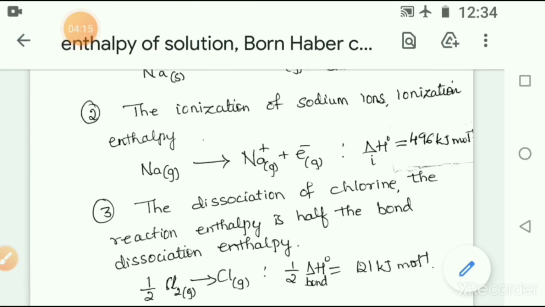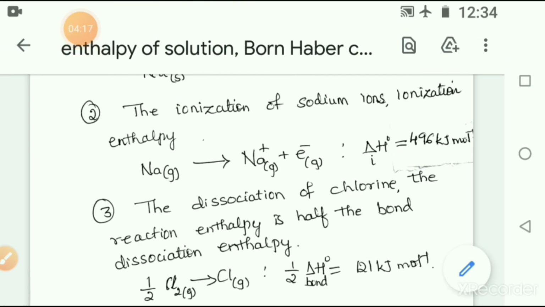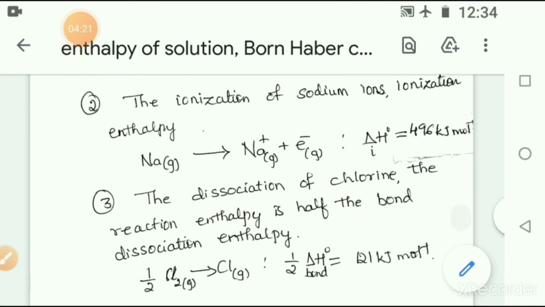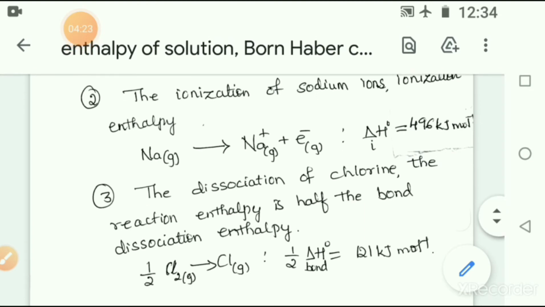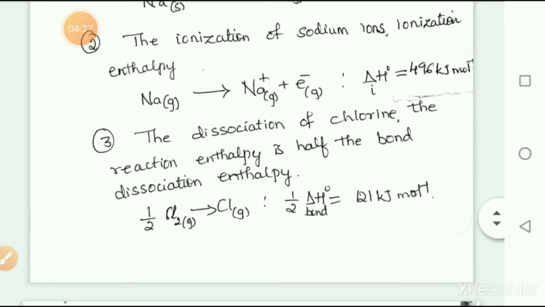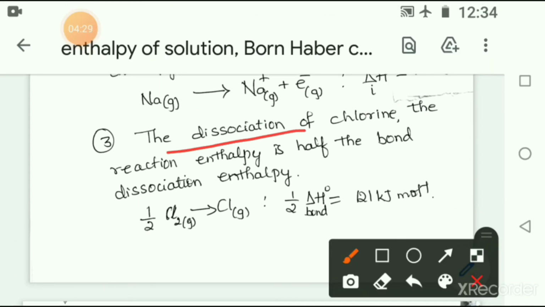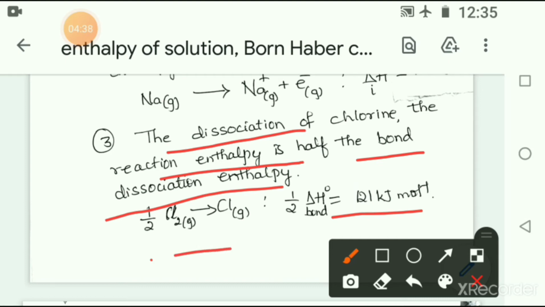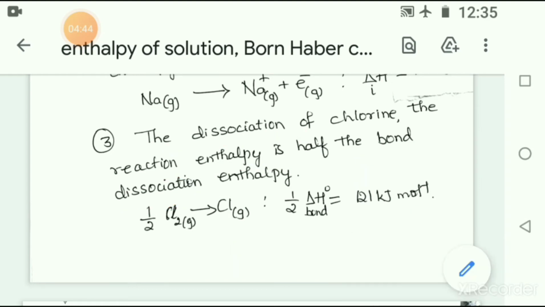It loses an electron and we get sodium ion. That is ionization of sodium, and ionization enthalpy is 496 kilojoules per mole. The next process is dissociation of chlorine, and the reaction enthalpy is half the bond dissociation enthalpy. That is, half mole of Cl2 gas gives Cl in the gaseous state, and this enthalpy change is 121